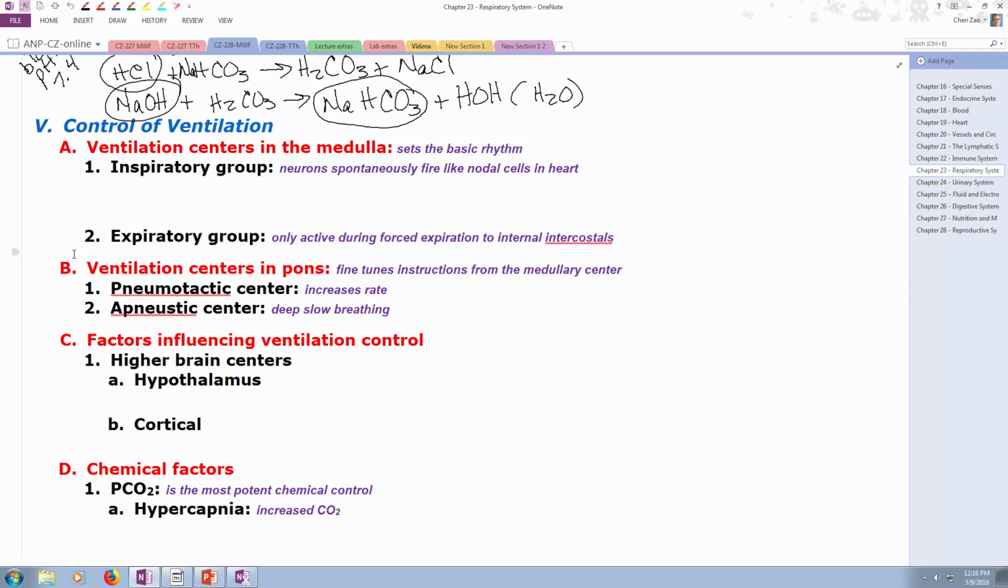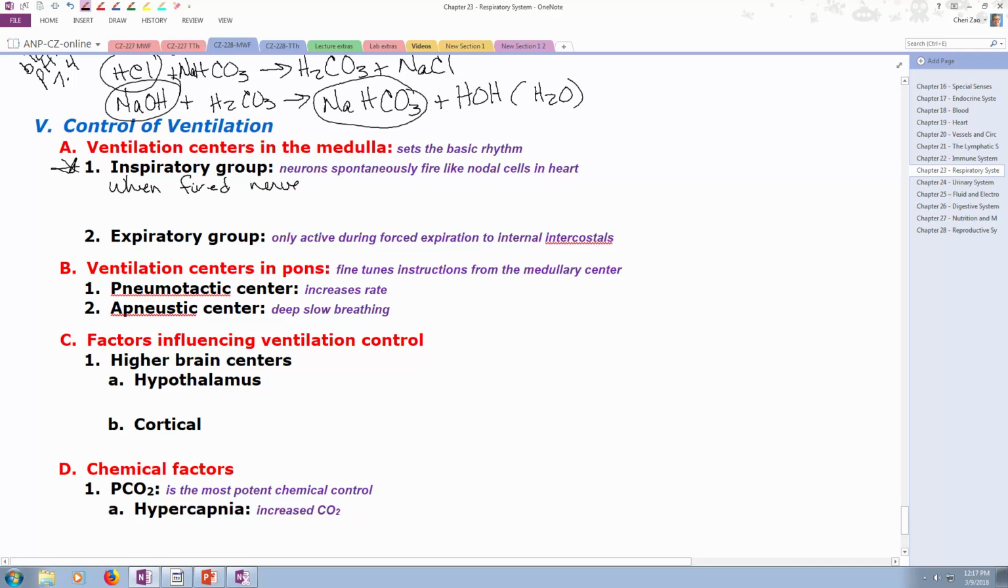So control of ventilation. So what makes us actually move air? We actually have ventilatory centers in our medulla oblongata, which also has centers for other things that are basal for us, correct? Medulla oblongata controls our heart rate, controls our blood pressure, and also now we know controls our respiratory rate. So we do have the ventilatory centers there. And the main group that works there is the inspiratory group, because we have neurons in the medulla oblongata that fire like our nodal cells in our heart. So they fire spontaneously. They actually have a normal rate of firing so that you actually ventilate or actually move air. And so when they fire,